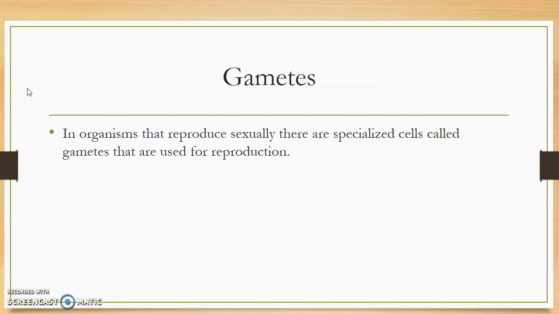In organisms, there are two types of cells, as we talked about in the last section. We have gametes, which are going to be our sex cells, which is what we're talking about now. And then we have our somatic cells, which are our body cells, and they go through mitosis. Now, not all organisms reproduce the same way we do. We reproduce in a process called sexual reproduction. And in sexual reproduction, you need two individuals to make a new individual. Asexual reproduction, one individual becomes two individuals. So one organism is going to split into two.